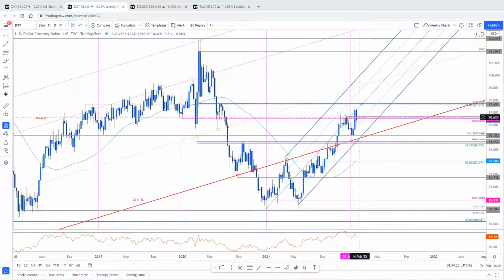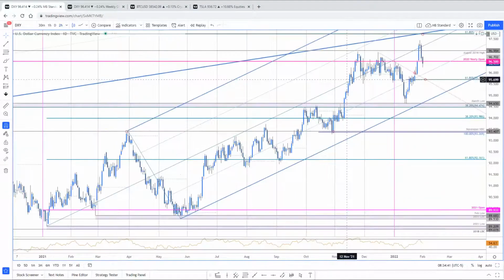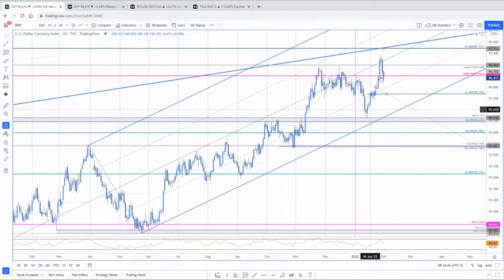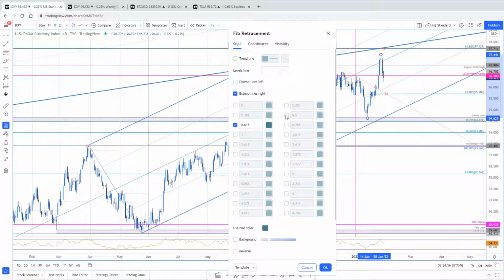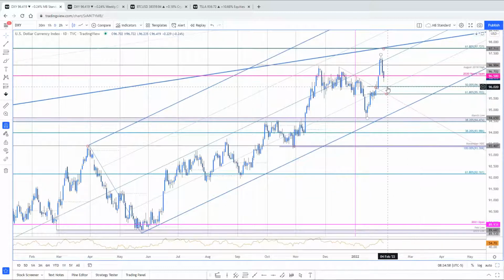Obviously, nothing matters here, guys, until we get the weekly close, right? So even if this stretches all the way down here, but we close the week back above, that's a hold. So this is not going to be too helpful for us intra-week, but I just wanted to show you where we're turning from. DXY on the daily chart looks like this. All right, so again, a little peak above the median line. There's the exhaustion clip. Here's the pullback. If we close today below 96.50, guys, you're still looking lower, okay? The 50 of the rally comes in just along that median line.